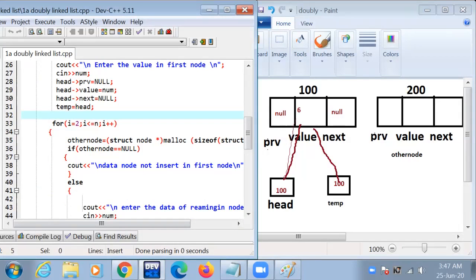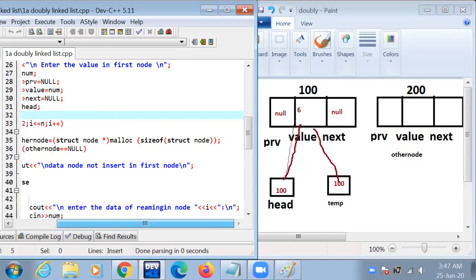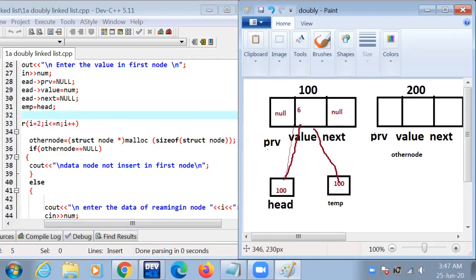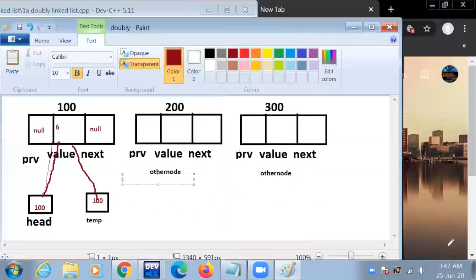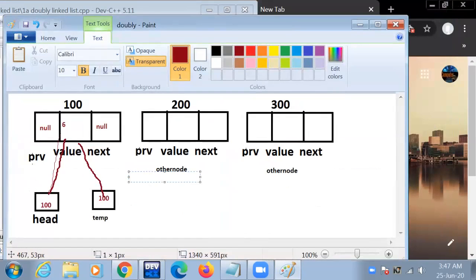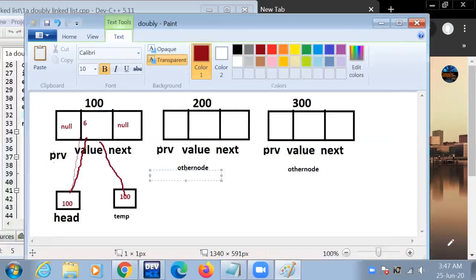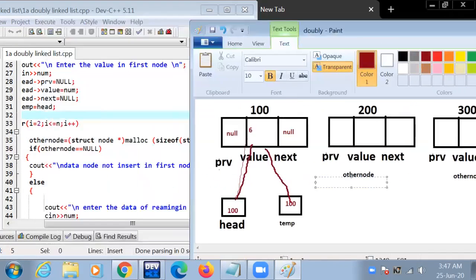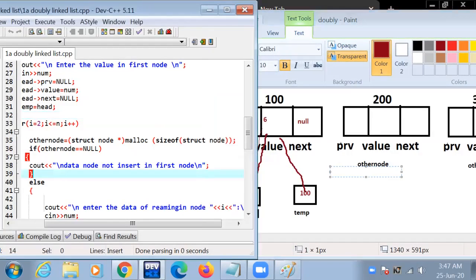Other node equal to struct node malloc size of struct node. This is our other node and the size is allocated. Malloc allocates the size. If the node is not created, then execute this line.